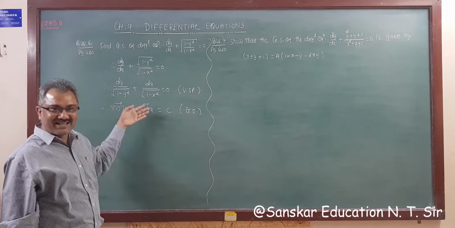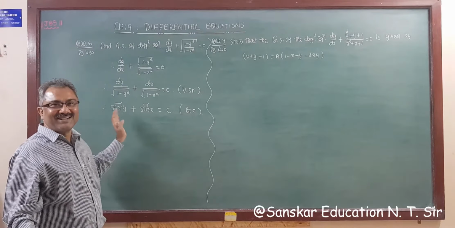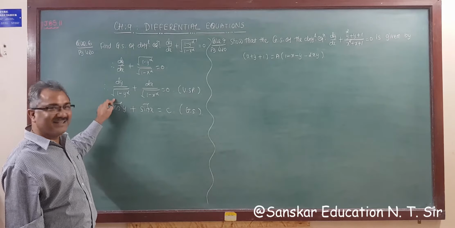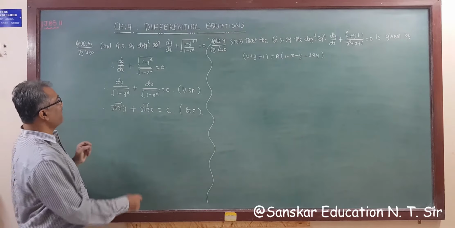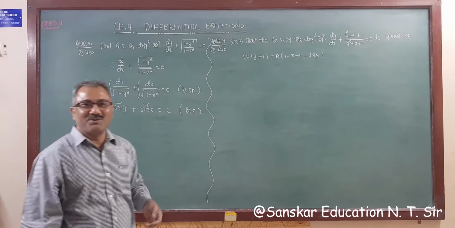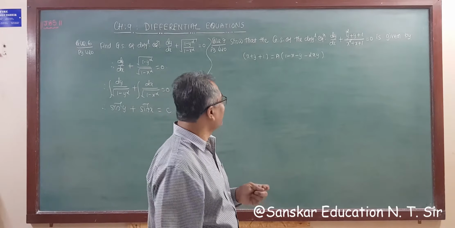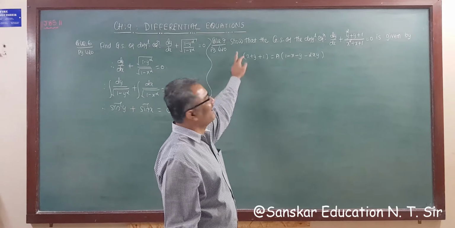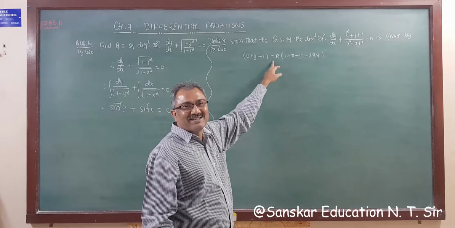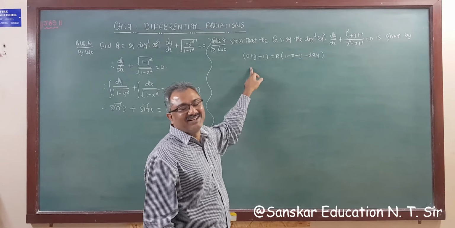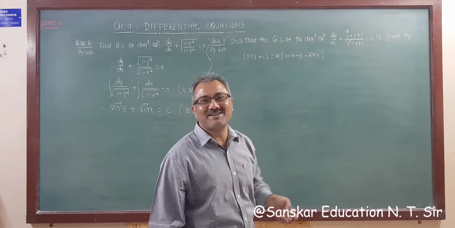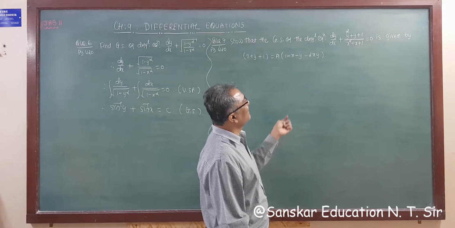So which is the required GS. I skipped a step. I am also tired of writing more steps in the previous question. So integrating, we get this. So this is an MCQ question, so no need to write more steps. Now again, we have to get this answer anyhow. This type of questions are difficult for us.